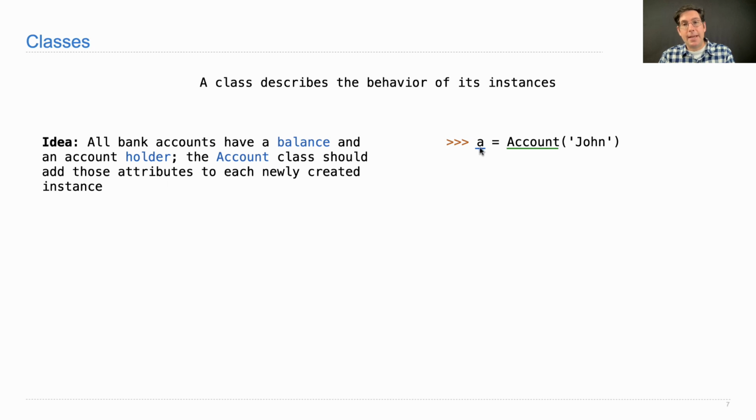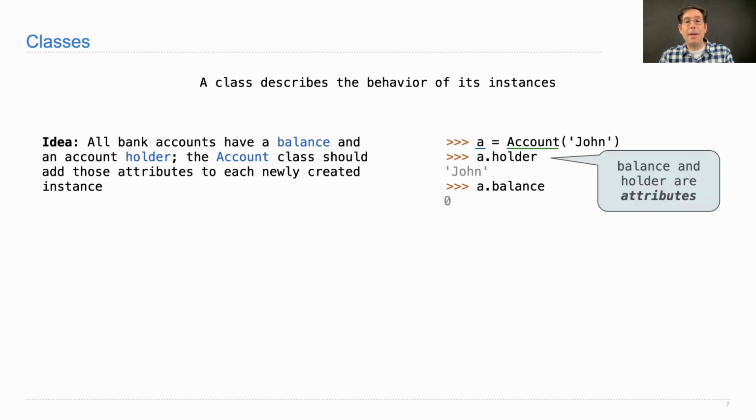I call it like it's a function, and that creates a new instance, A. This instance, A, has as its holder John. So if I look up its holder attribute, I see John. How do I know it's called holder? Well, that's part of the class definition that we're about to look at. But the abstraction is that I can access the holder and I can access the balance of any account using dot expressions, where holder and balance are called attributes of the A object,